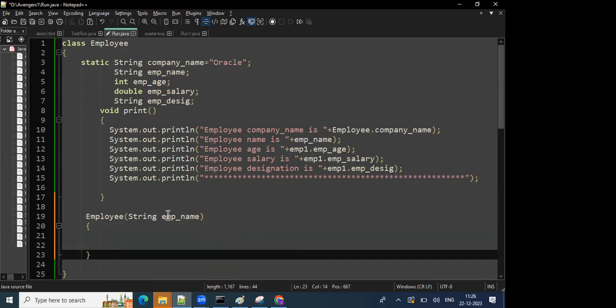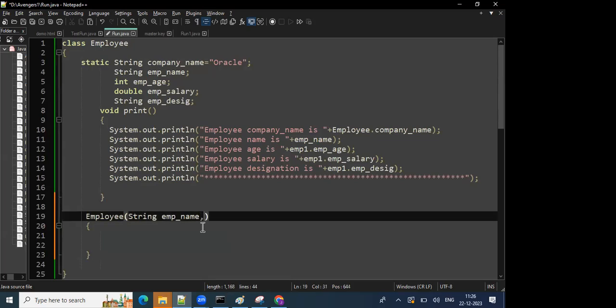You can give whatever you want, but when you are writing programs in a company, you will get confused about what variable this is. So we'll write the same name. Emp name, comma, then int emp underscore age, comma, double emp underscore salary, string